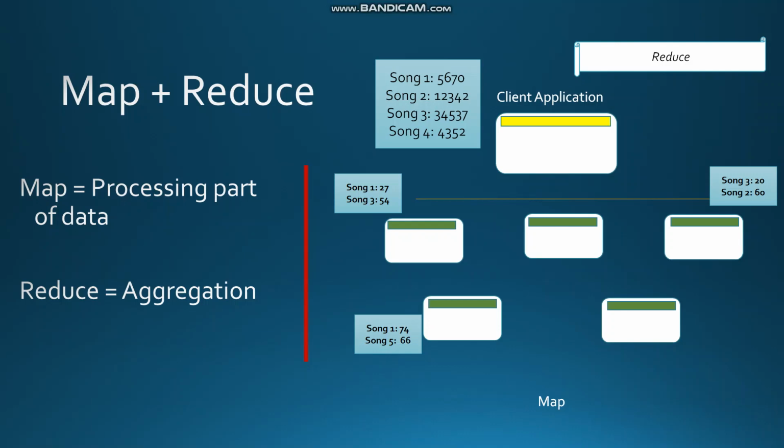The first one is the map function. The processing function that the client passed is the mapping function. The mapping function will go through the file one line at a time, and for each song, store it in a hash map, with a counter for each of the hash map keys, and whenever you encounter that song again, you increment the counter. That is the mapping function that we want each of these servers to run. The second part is the reduce function, which is the aggregation of all the results of these individual servers.